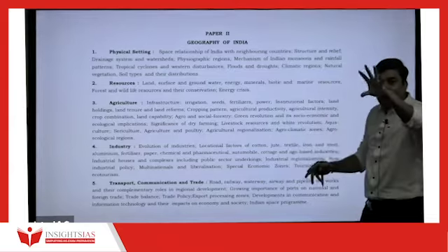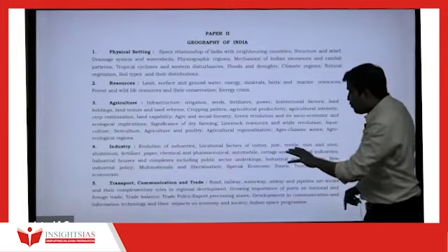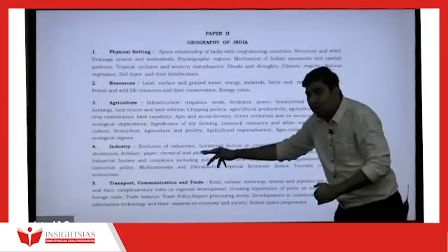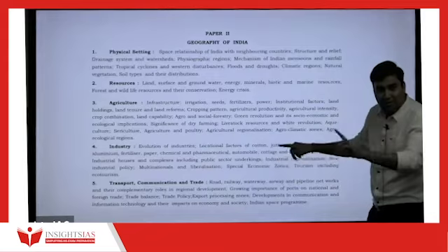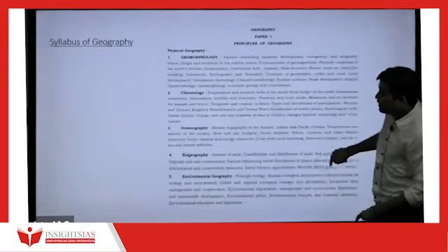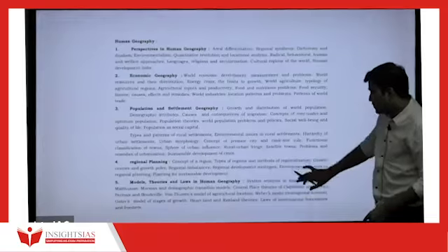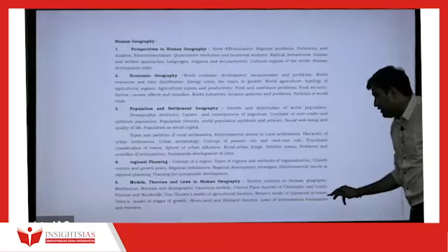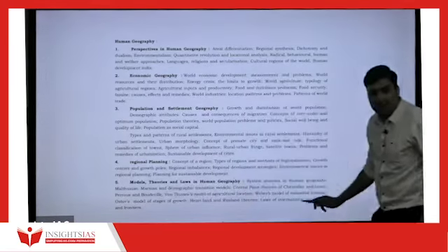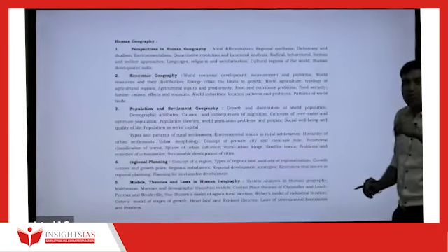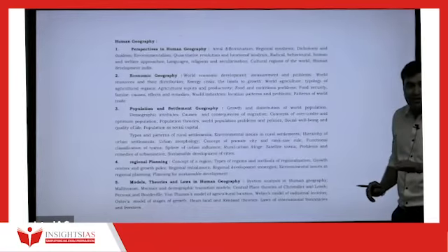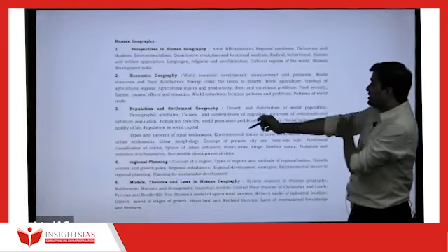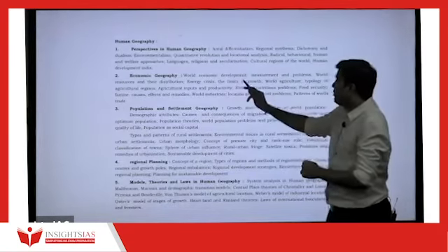Why is jute industry located in West Bengal only? Why are the petrochemical industries located along the coastal areas? How, what is the industrial policies? ये हम Indian context में पढ़ेंगे. पेपर 1 में हमने क्या पढ़ा था सबसे पहले? If you just see here, industry का locational theory. See here, Weber's model of industrial location theory. Are you understanding it? पहले which industry will be located where, उसका rationality will understand from the perspective of a particular thinker. Depending upon that, here we will understand various world economic development, measurement and problem.